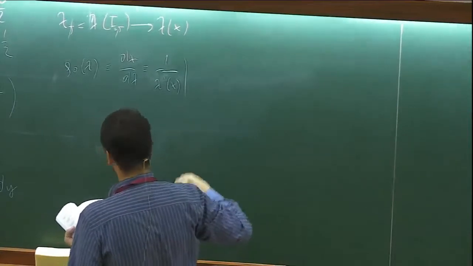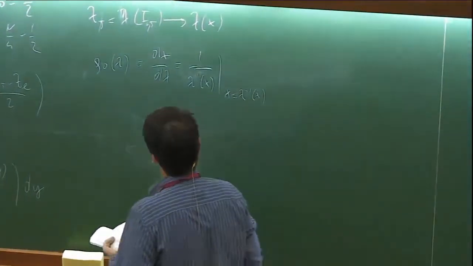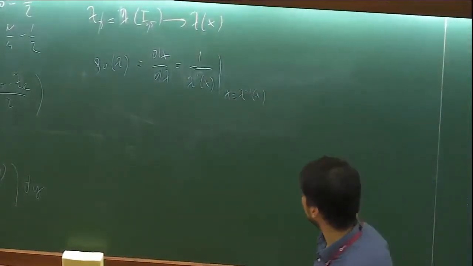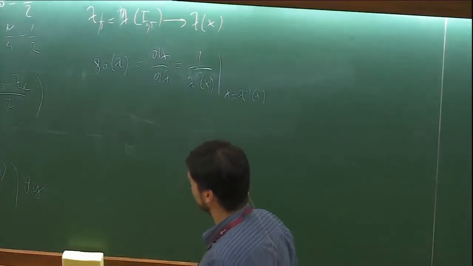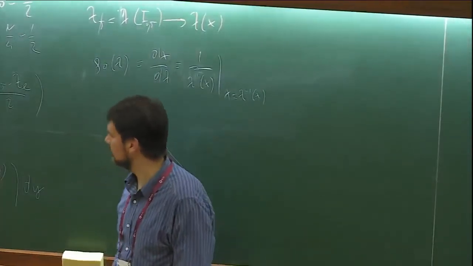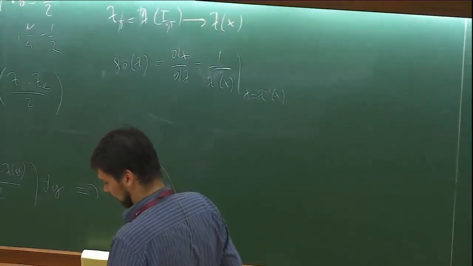This is the formula. So you see, you introduce the density of rapidity to make the change of variable here, so that this becomes